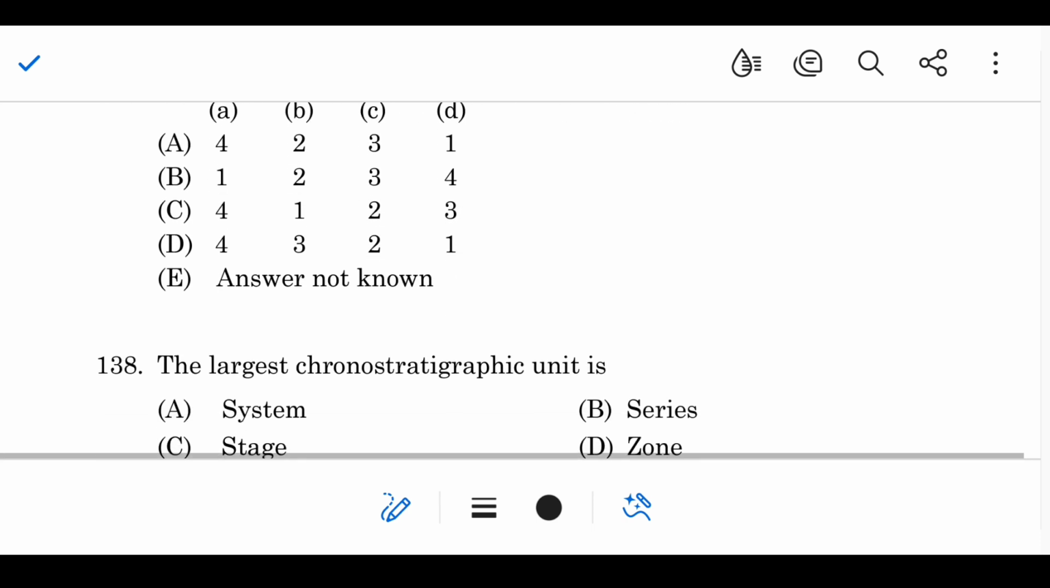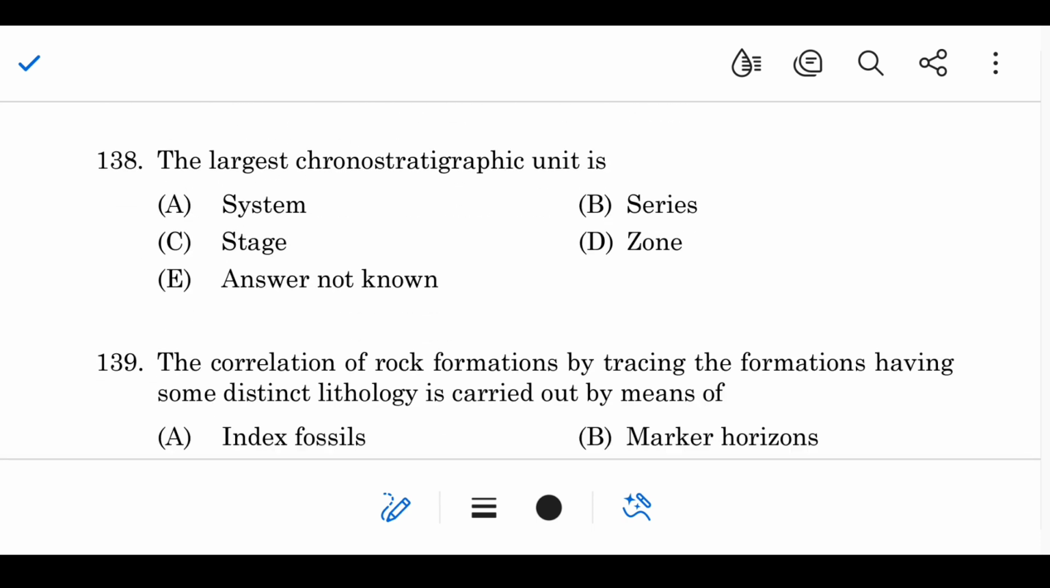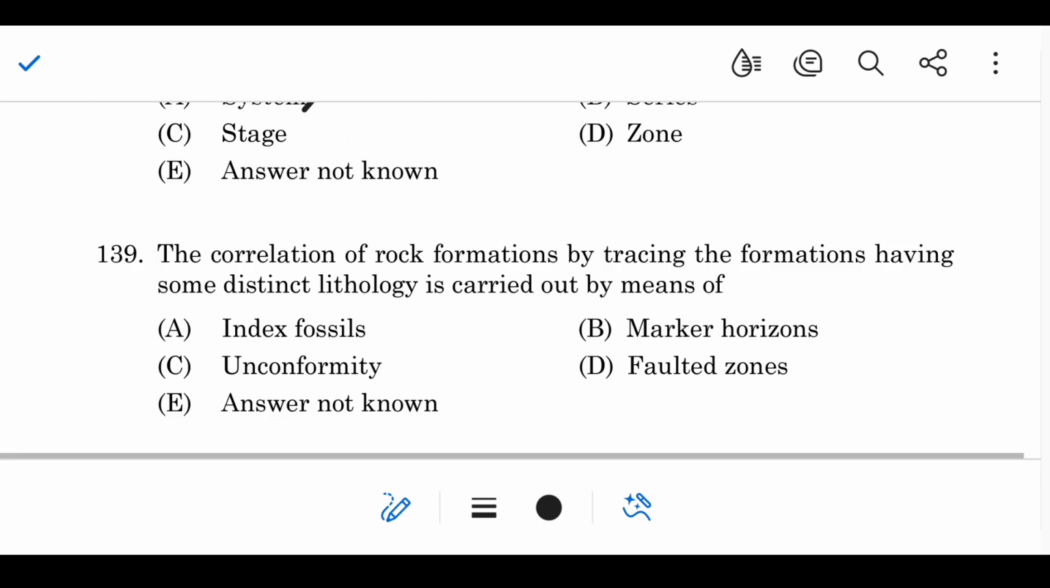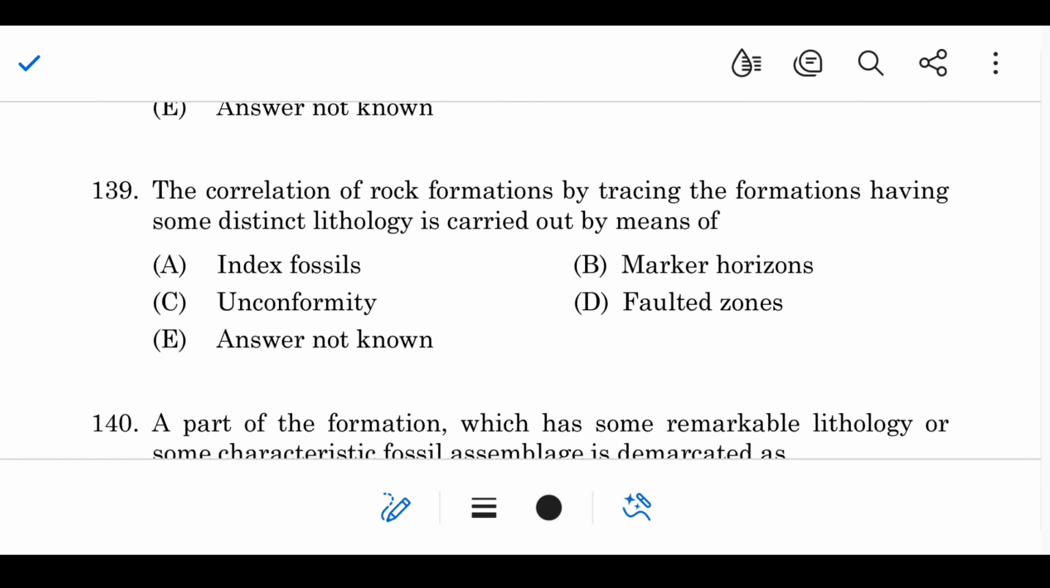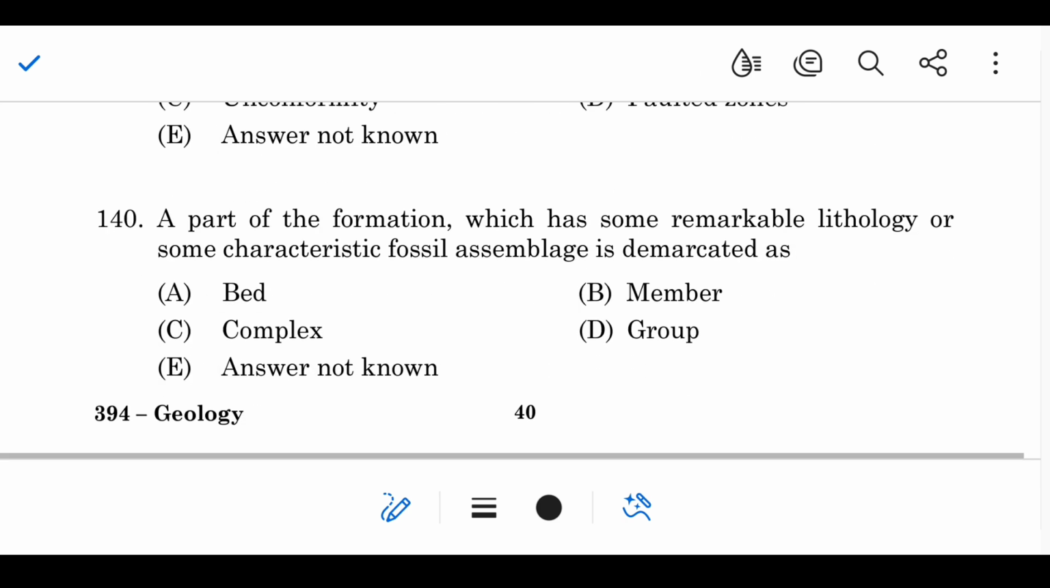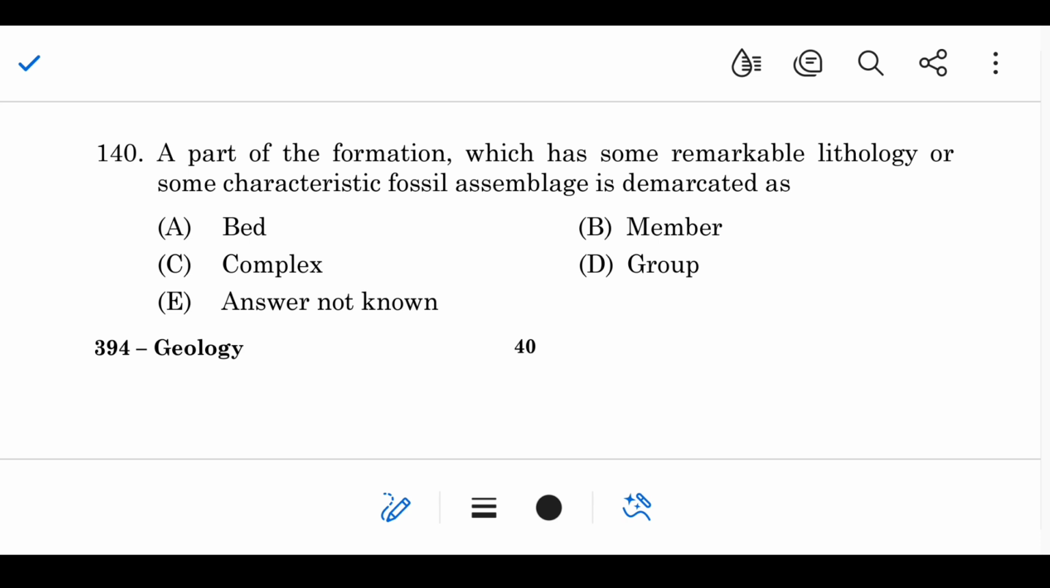Correct answer. Okay. The largest chronostratigraphic unit is system. The correlation of rock formations by tracing formations having some distinct lithology is carried out by means of marker horizon. 140th question. A part of a formation which has some remarkable lithology or some characteristic fossil assemblage is demarcated as